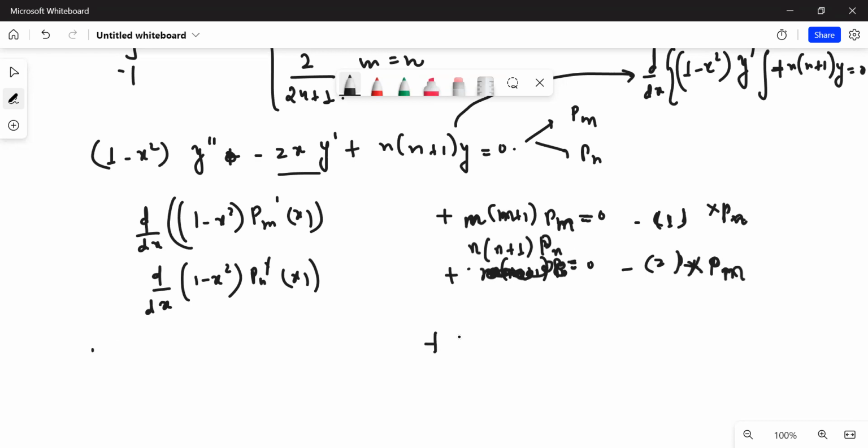So let's do one thing, first write the latter part: m into (m plus 1) minus n into (n plus 1), and then I will write this as Pm into Pn, right? This is one of them, and another one of them can be written, how should I write this, and what else can I do? Am I writing all these things correctly? Okay, I think it is right. It is just subtraction. Yes, okay. So if I'm subtracting this, the other portion that I will get is simply Pn